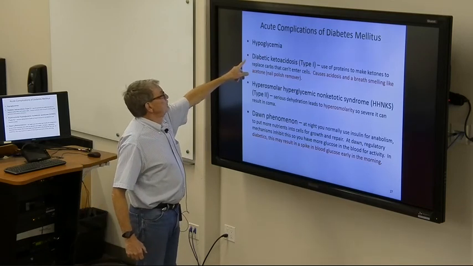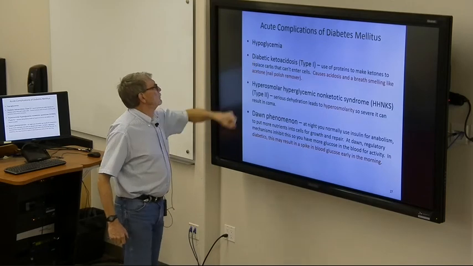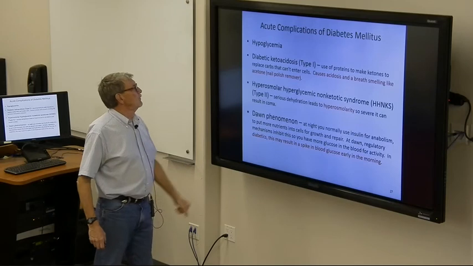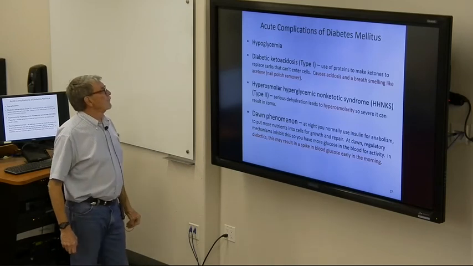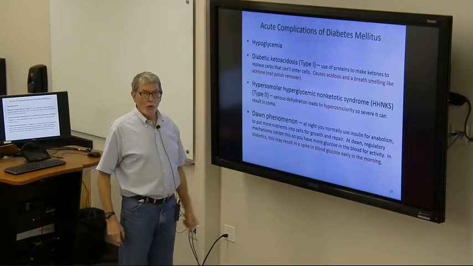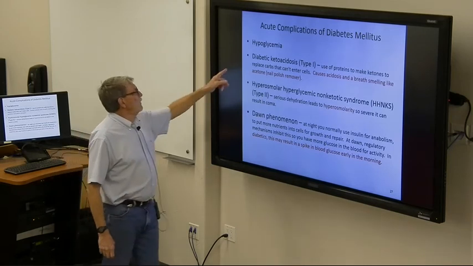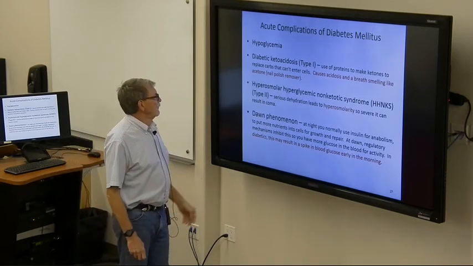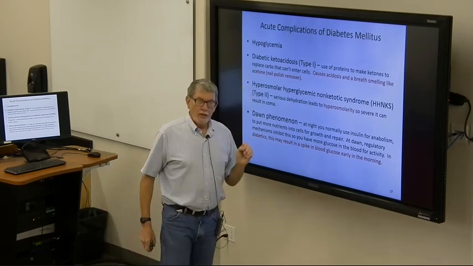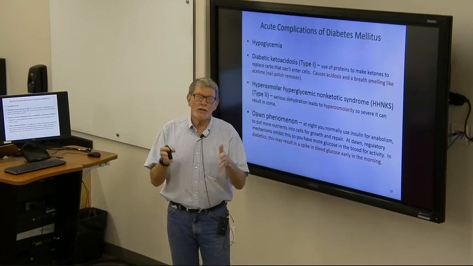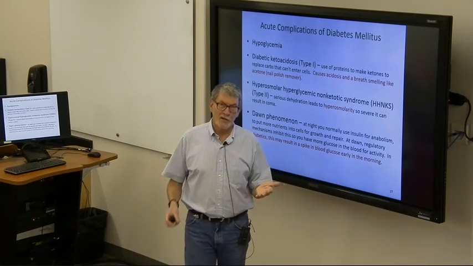It causes diabetes, hyperglycemia, too much glucose in the blood. Diabetic ketoacidosis. Keto acids, if you can't get enough carbohydrate into your cells to keep you alive, and red blood